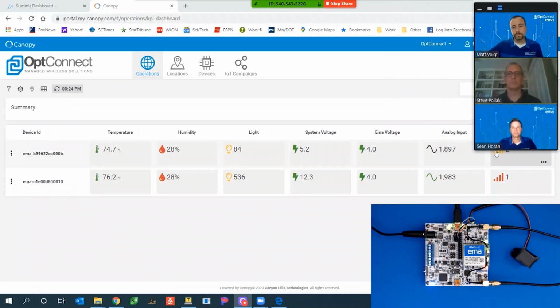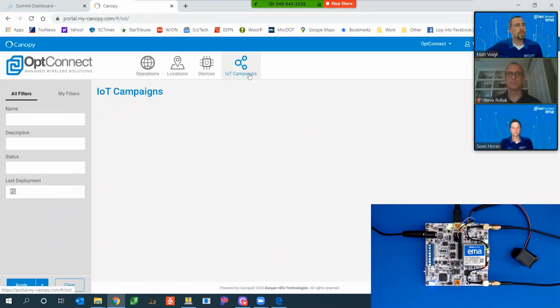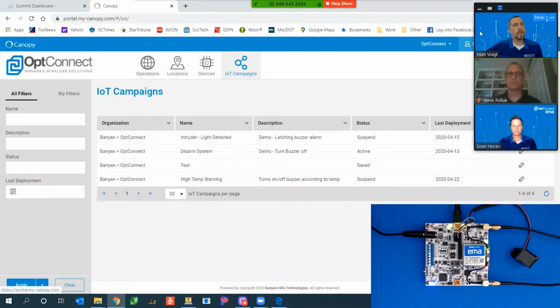What I'd like to do is take a deeper dive into a couple of the IoT campaigns that we've pre-created just for the sake of saving time. We'll click over here, and what we can see is the list of the IoT campaigns, and there's basically three that we're going to practice with here. One named Intruder,